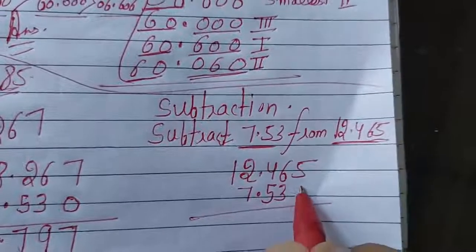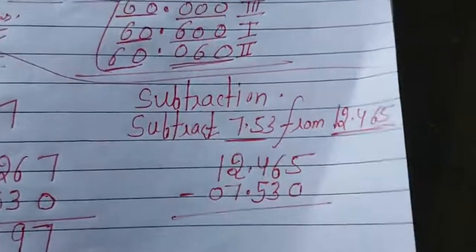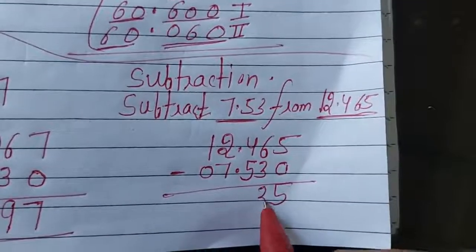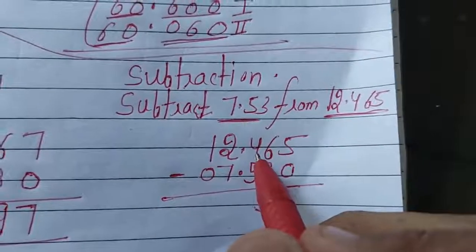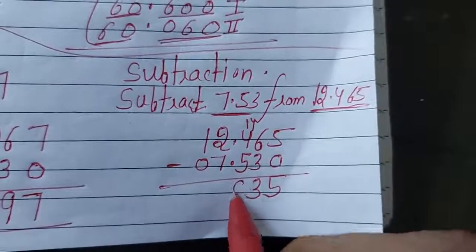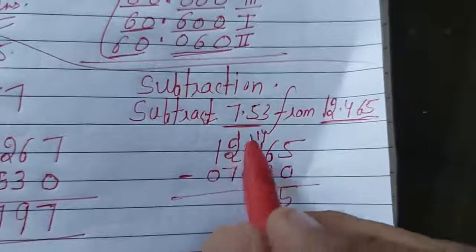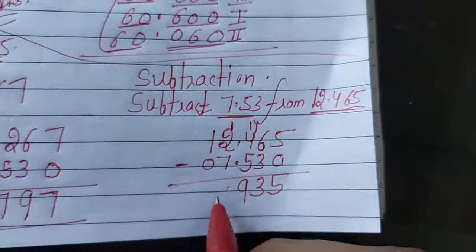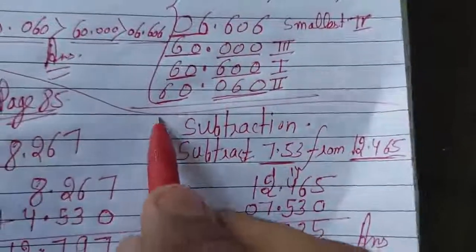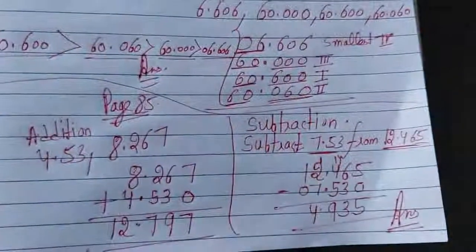Okay. Here you will write 0. Here you will write 0. Subtract it. 5 minus 0 is 5. 6 minus 3 is 3. And you know here it's a 4. You will make it 14. 14 minus 5 is 9. Here it is 1. Okay. And it would become 11. 11 minus 7 is 4. So this is the answer. So remember this criteria, how you are going to subtract two decimal numbers and how you are going to add two decimal numbers.